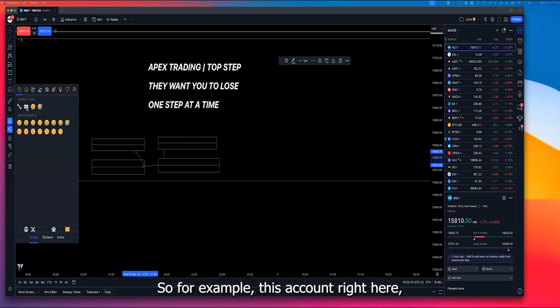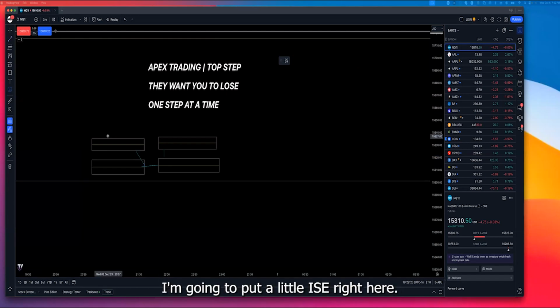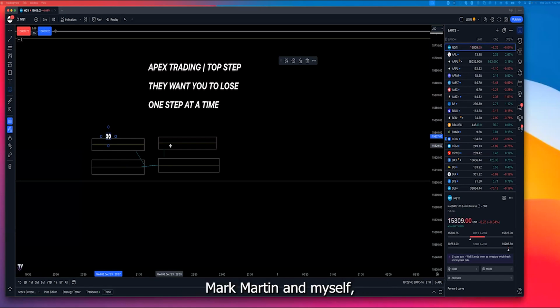So for example, this account right here will be your main account. So you'll be trading from one account. However, the trades that you make on this account will be copied to the other ones. And that's what a lot of people are doing. And that is the goal of us as well, Martin and myself. We want to be able to trade not just 4, but 10 300K accounts. So now we have $3 million in leverage and we only have to trade from one account.